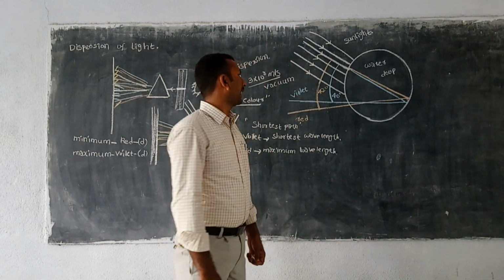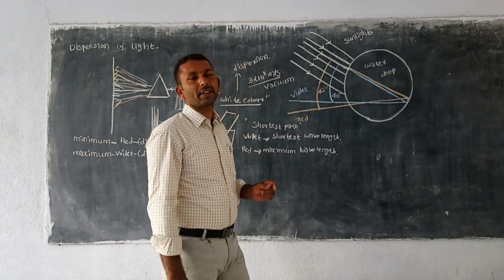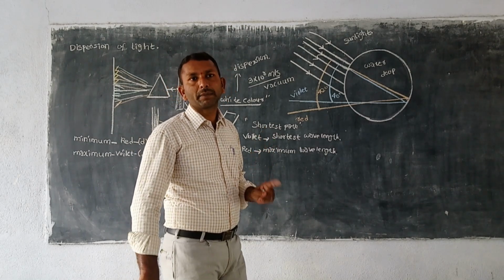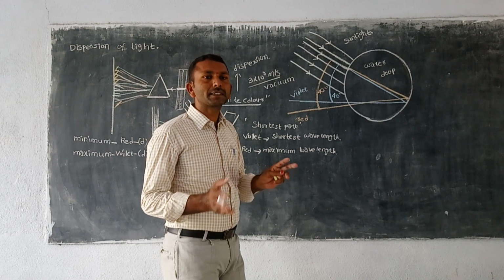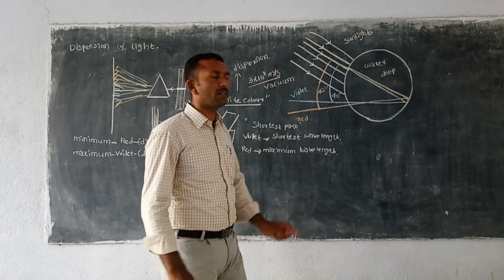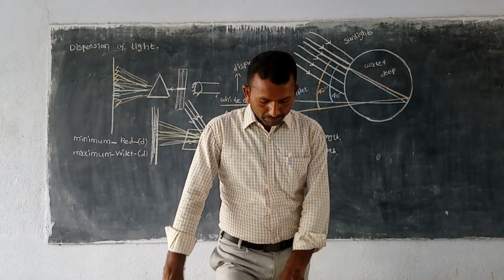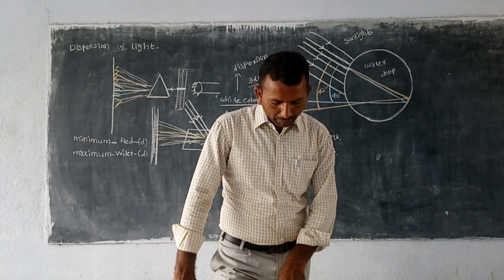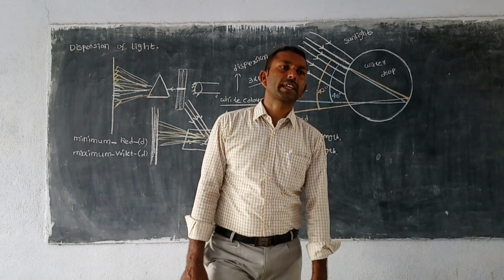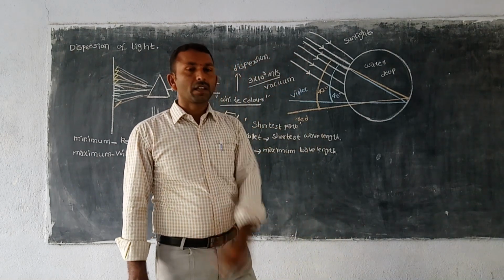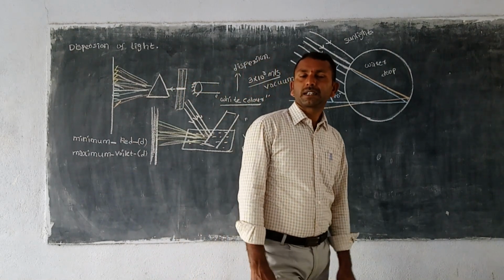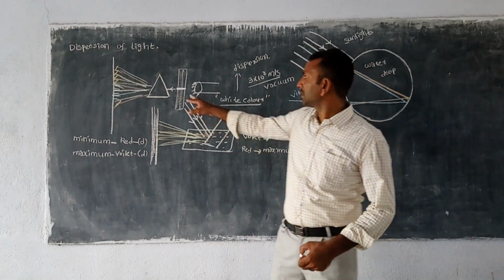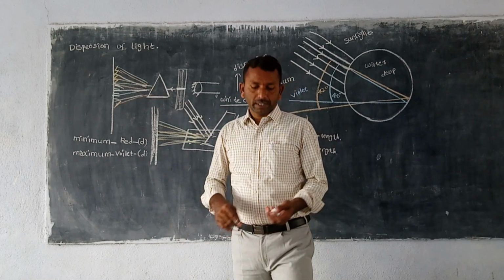So according to light theory, no particle moves physically, but the light disperses in all directions as an electromagnetic wave. Can you guess now why light splits into different colors when it passes through a prism? Okay, so what is the reason? After incidence on the prism, the light disperses into different colors.